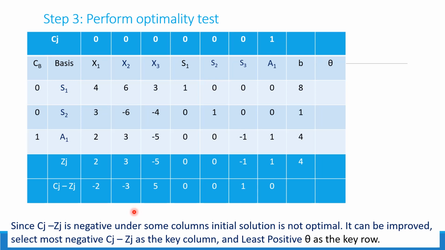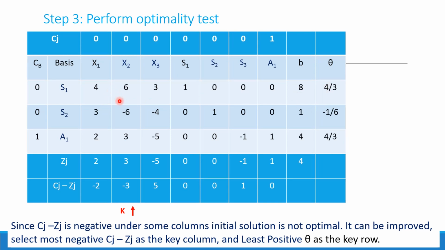So doing that, we have to select the most negative of Cj minus Zj, that is minus 3 here. Then we have to find the value of theta. The theta is nothing but your B divided by the key column. This is your key column, that means your x2 is your incoming variable, this x1 will appear somewhere here. Some of these variables will get removed on the basis of theta, so you have to select the least positive theta for the leaving variable.